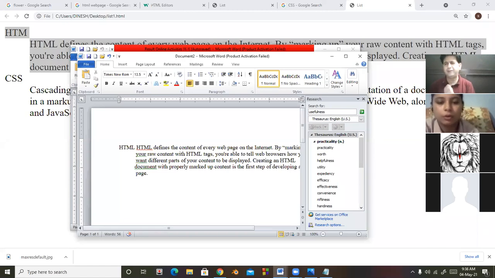Compact means when your term is so short, in that case your term and description both will be in the same line. Is it clear?